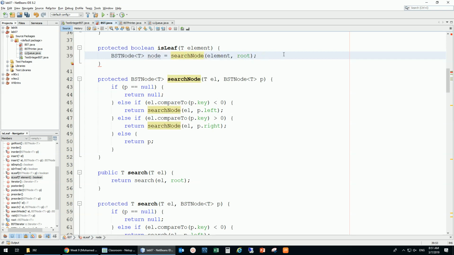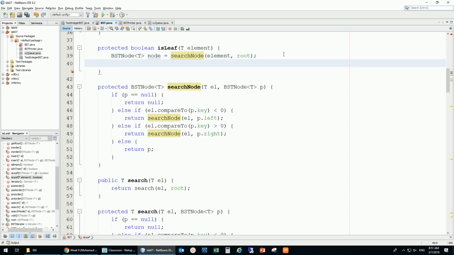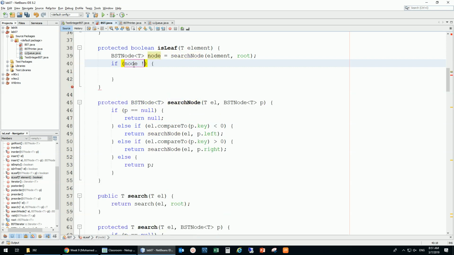So I find this. If I find it, I need to compare then the left and right. So the first thing is, I need to check, maybe I don't find it. Maybe it doesn't exist. So if it doesn't exist, this should return null. So I'm going to need to ask if node is not equal to null, and if the node dot left